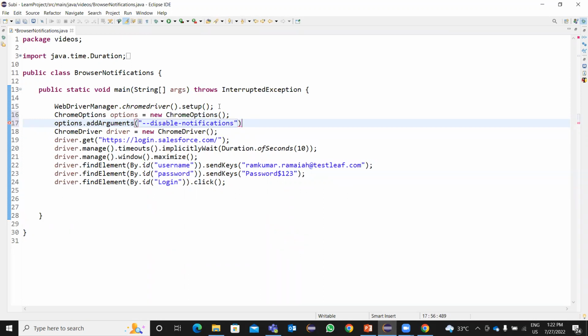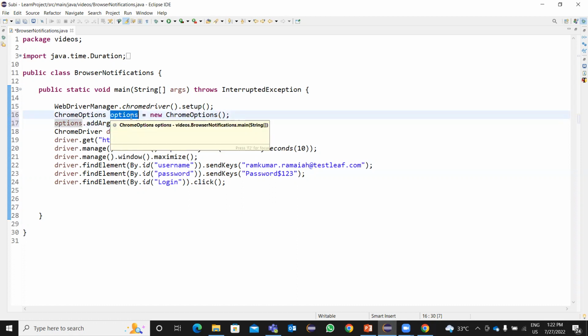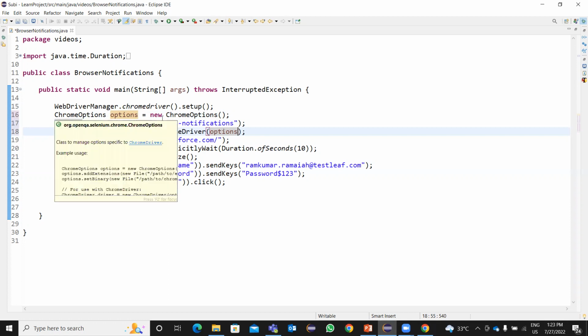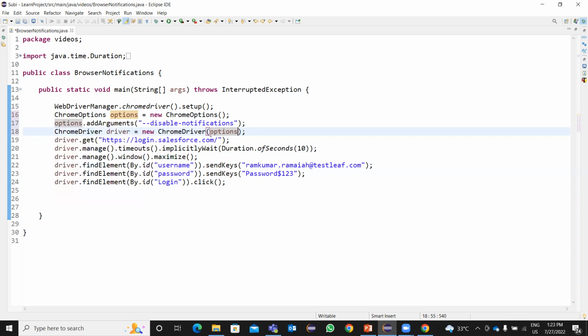Another thing you have to remember is you should pass the object name, that is the ChromeOptions instance, into the ChromeDriver constructor, whichever browser you are using. Since I'm using Chrome browser, I'm using the ChromeOptions class. If you are using Edge driver, you can use the EdgeOptions class similarly. And you have to pass the instance into the Chrome driver or browser driver constructor. Now if I save and run this program,